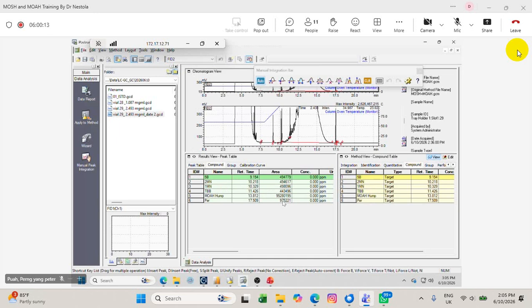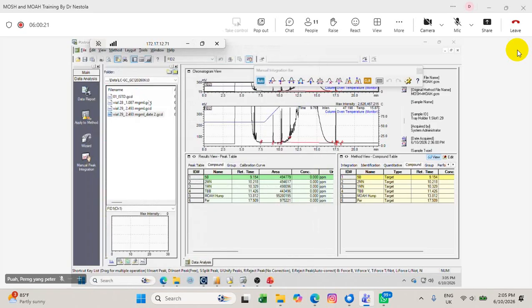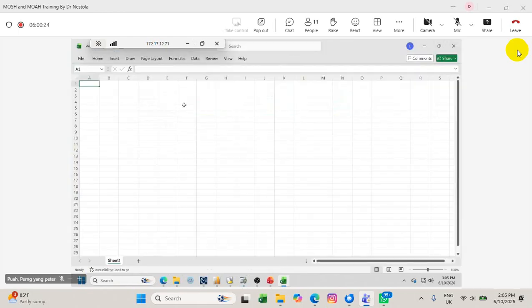Okay, so this is common facts. The other one is, then you divide by